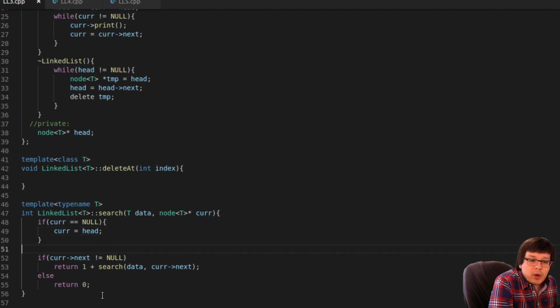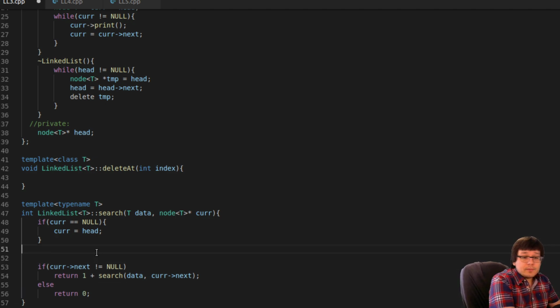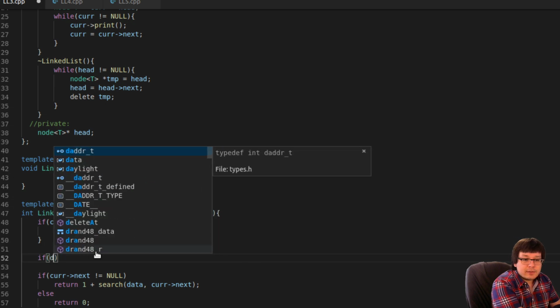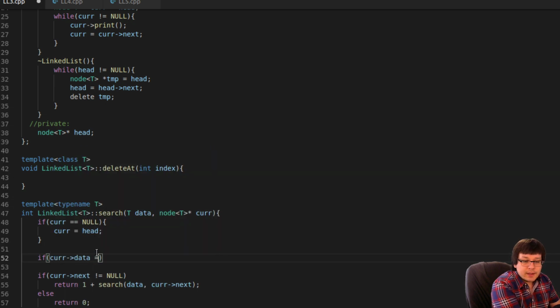Alternatively, we don't want to go on and call again if we found what we're looking for. So we need to have an if statement that checks if the current node, so if cur data is equal to what we're searching for in data. I know we use the same variable name, but don't get confused between cur data and data. Data is just a parameter that we're passing for what we're looking for, and cur data is actually the data component in the node.